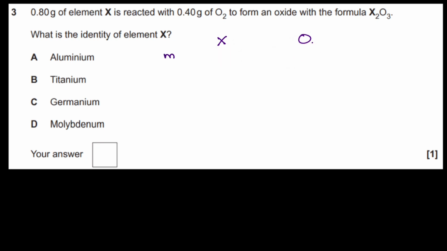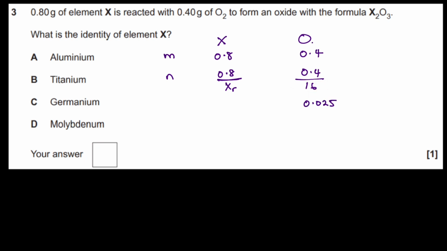At the same time, we need to look at the mass, which is 0.8 for X, because that's the given weighed mass. And for the oxygen gas it is 0.4 grams. Now we need to look at the number of moles, and we don't know the relative molecular mass of X. We're looking for that. For oxygen, we know the relative molecular mass, which is 16 grams per mole,